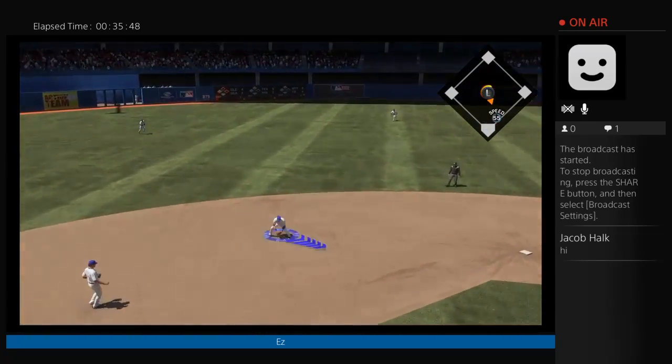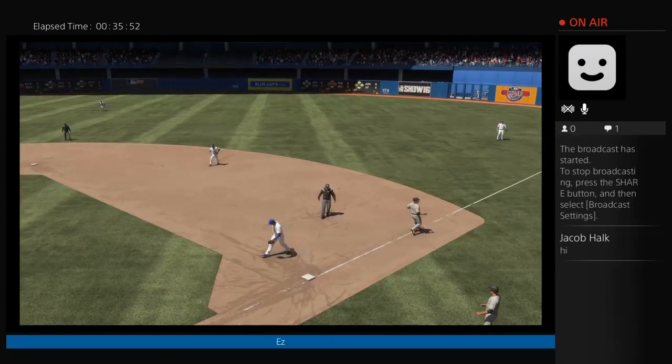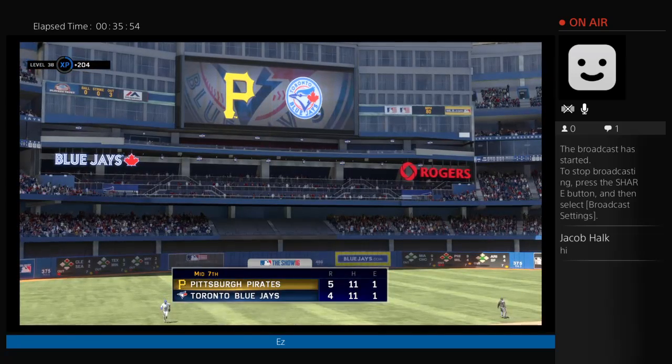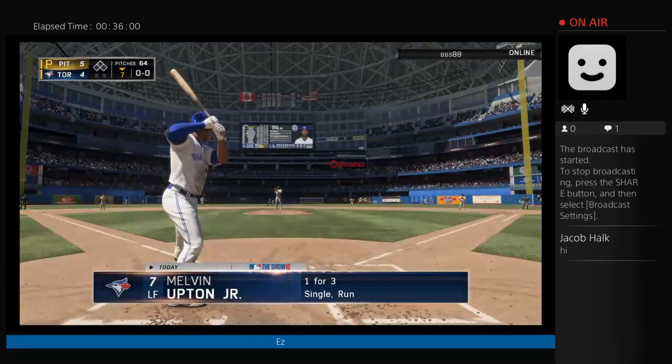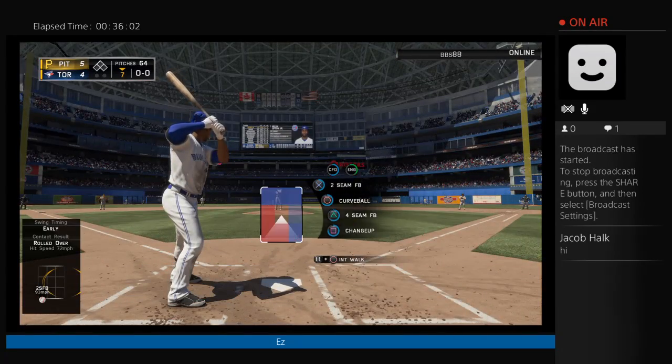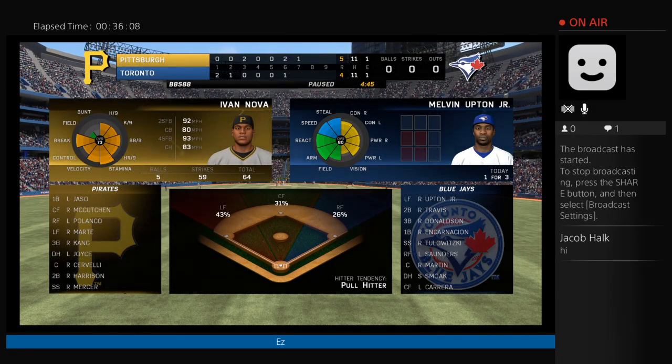Grounded to short. Tulowitzki takes it in, and the throw to first is in time, but the damage has been done as the side is retired. Leading off the inning, Melvin Upton Jr., as they'll look to get something going here and even this game up. Well, it's a close ball game, but it's starting to get late, so they need to get at least one back here in this